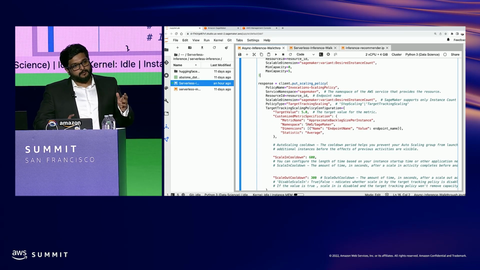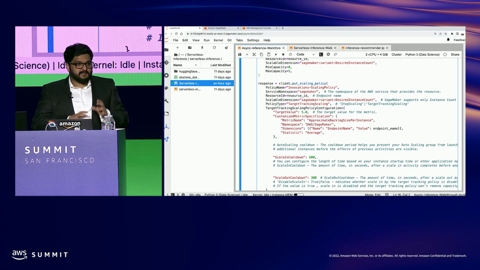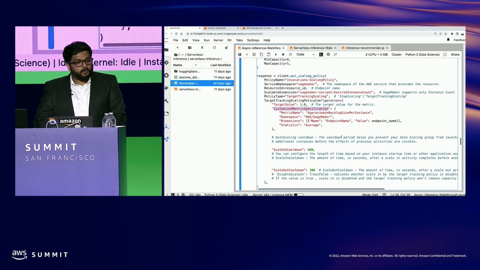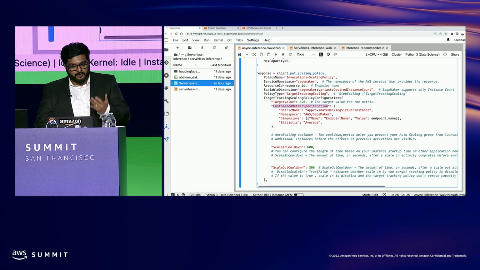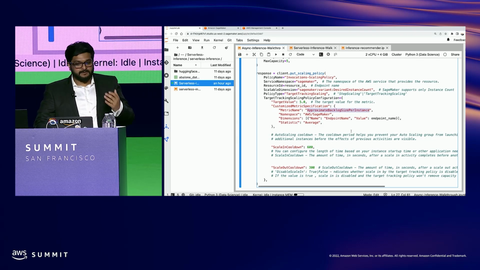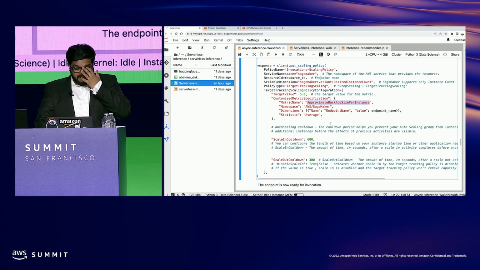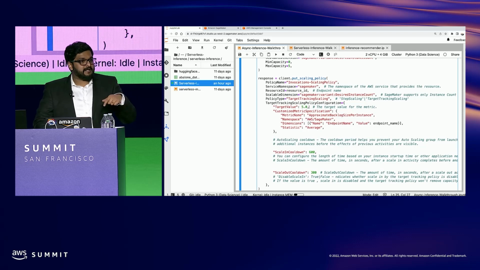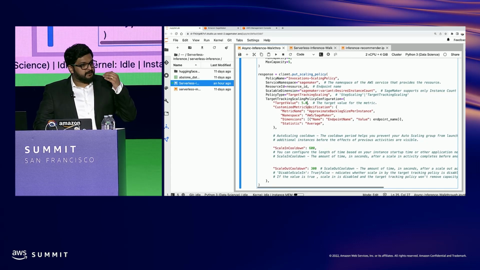As we spoke before, there were two types of auto scaling policy: simple or target tracking, and advanced. In this case, we are using a simple or target tracking policy here. And what is the metric that we are going to use? There is a CloudWatch metric that we use here, that is the approximate backlog size per instance. And we say if the average approximate backlog size per instance is greater than 5, or any particular value for that, start your auto scaling activity. If the value drops below a threshold, that is where your auto scaling activity will again start to scale down